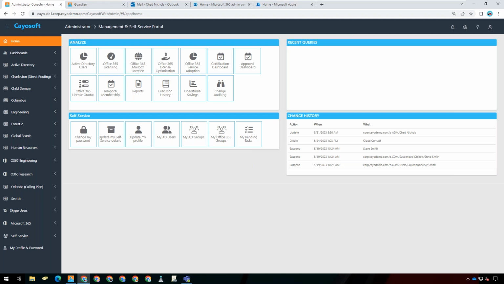So switch over to my demonstration environment real quick. And so the first thing we're going to take a look at is Cayosoft Administrator. Administrator is our solution around day-to-day administration, automated provisioning and deprovisioning, group management, reporting, analytics, allowing you to take care of business processes and procedures from both an automated standpoint and also providing end users,